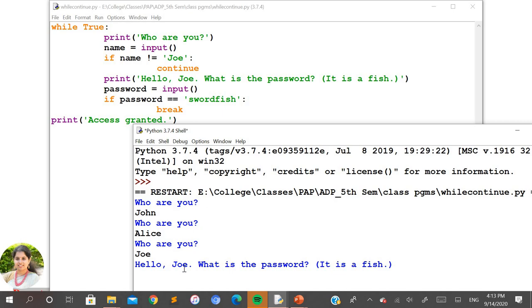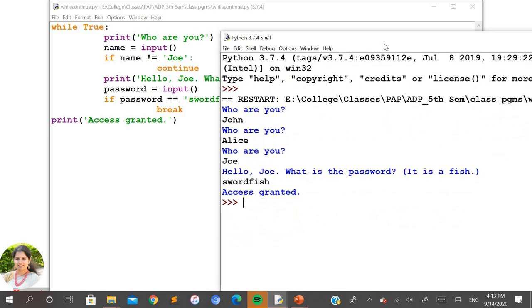I'll type the same thing given in this program, swordfish, and press enter, and you can see access granted is executed. Why? Because the password has matched and break is executed, so it comes outside the while loop, and the statement outside the loop is executed.